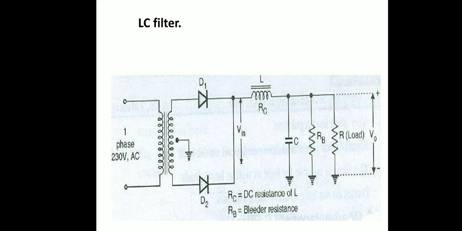The voltage stabilizing action of the shunt capacitor and the current smoothing action of the series inductor filter can be combined to form a perfect practical filter circuit. The LC filter can be of two types: choke input L section filter and LC capacitor input filter. Now see the choke input L section.